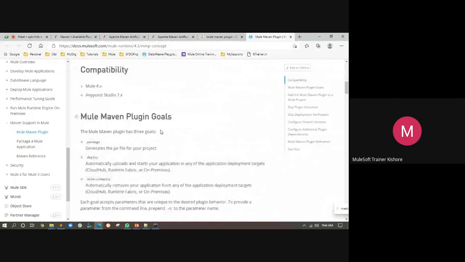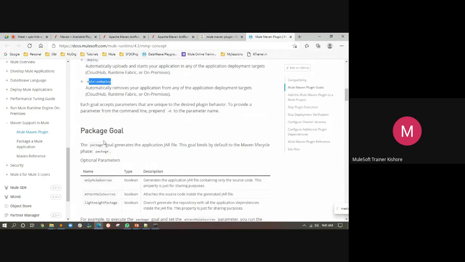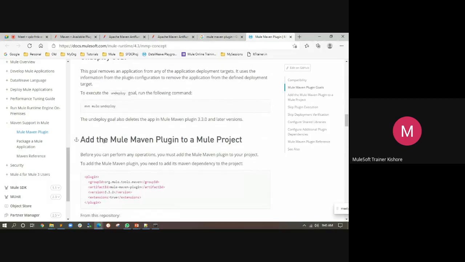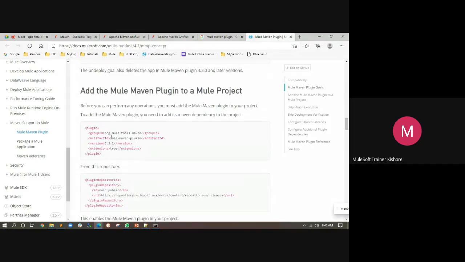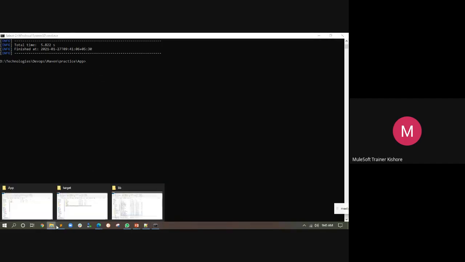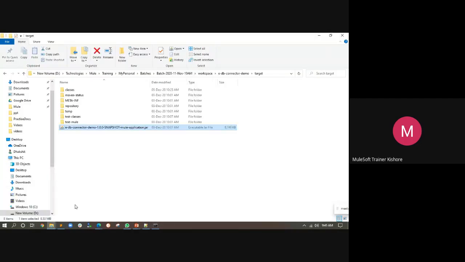And it has many things. Your Mule Maven plugin has the goals. What are the goals? Package, deploy, undeploy. It talks about the packaging goal, the deployment goal, and the undeployment goal. If you want to use my plugin, use my plugin's GAV: group ID, artifact ID, and version number. So your help command needs this. When you are running with the Mule, now it's time to switch to your Mule project location.